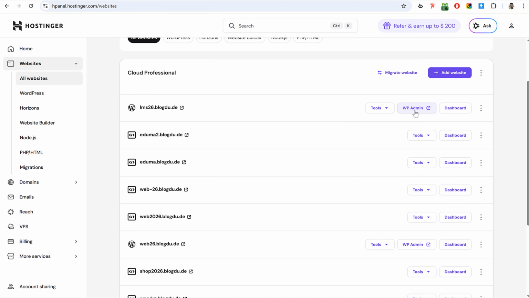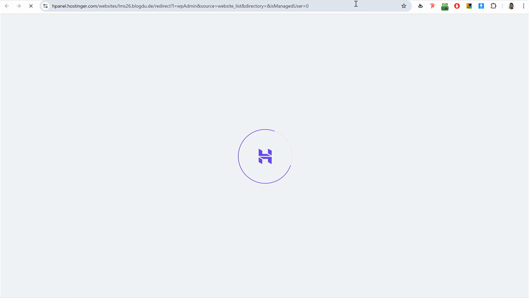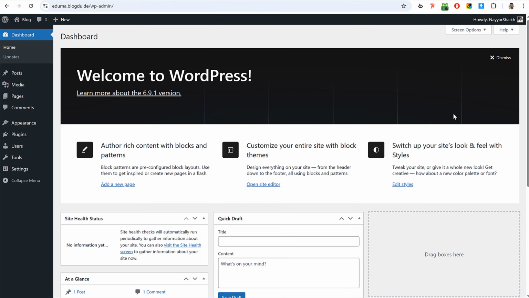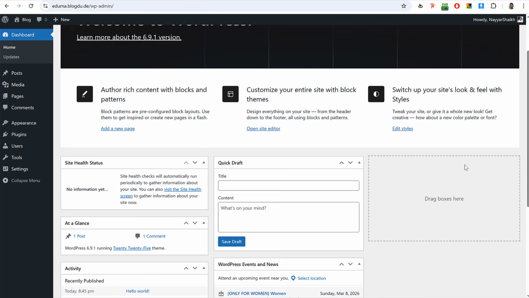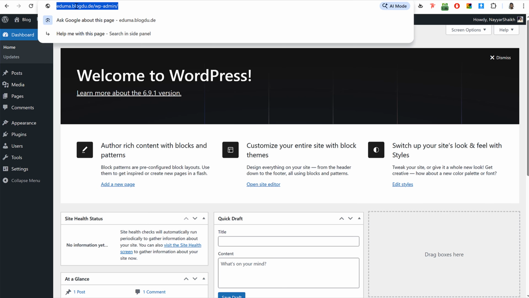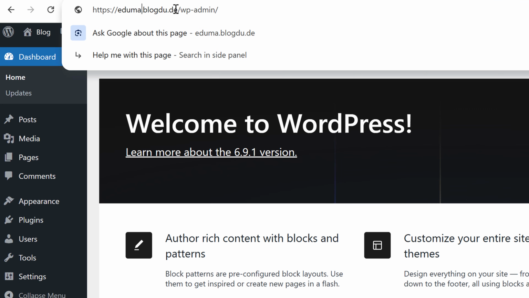Simply click on this WP admin button. Now what this will do is this will open a new tab for you, and this will automatically log you in to your WordPress dashboard. So here as you can see, this is the WordPress dashboard. Now this is a really important page because you will be controlling your entire website from this page. Okay, so whenever you want to come to this page, you can simply type in this link, your website name /wp-admin. So if your website name is google.com, then it will be